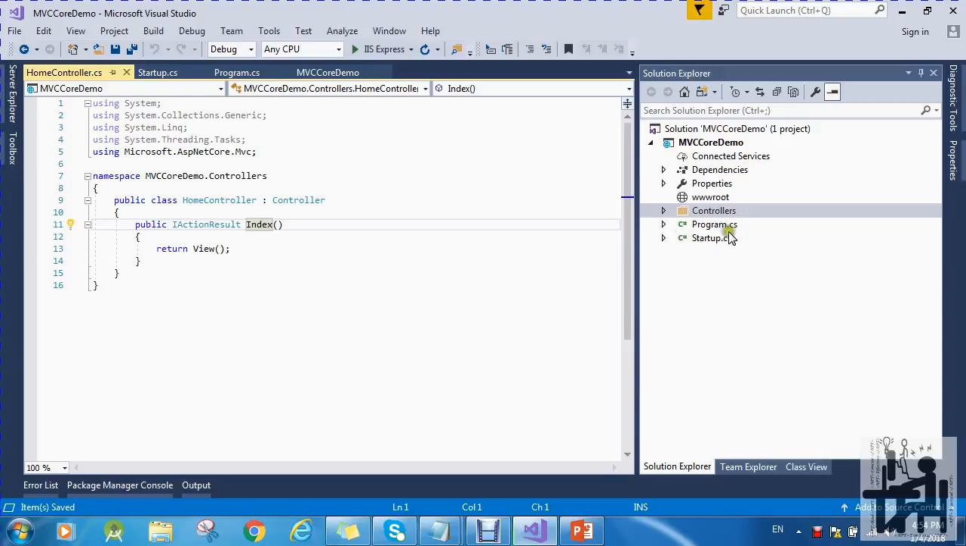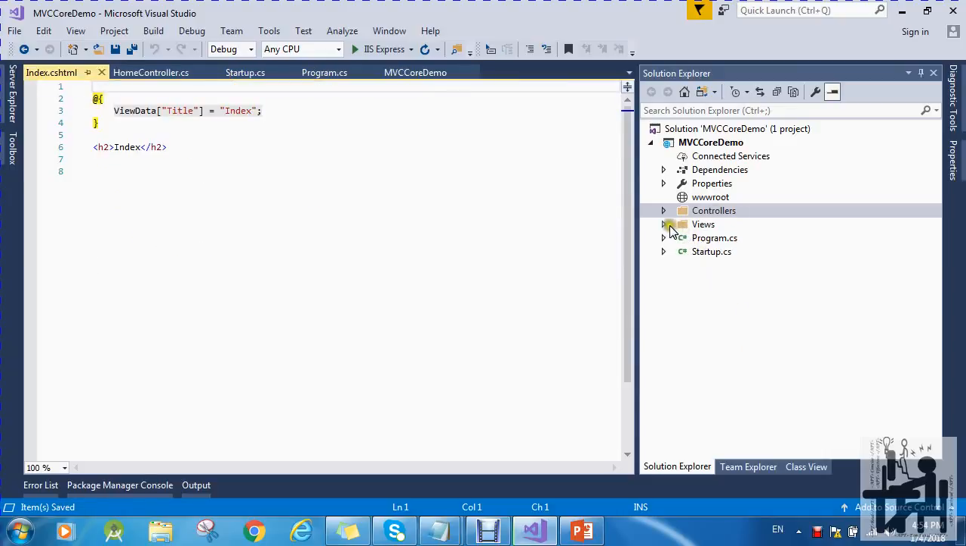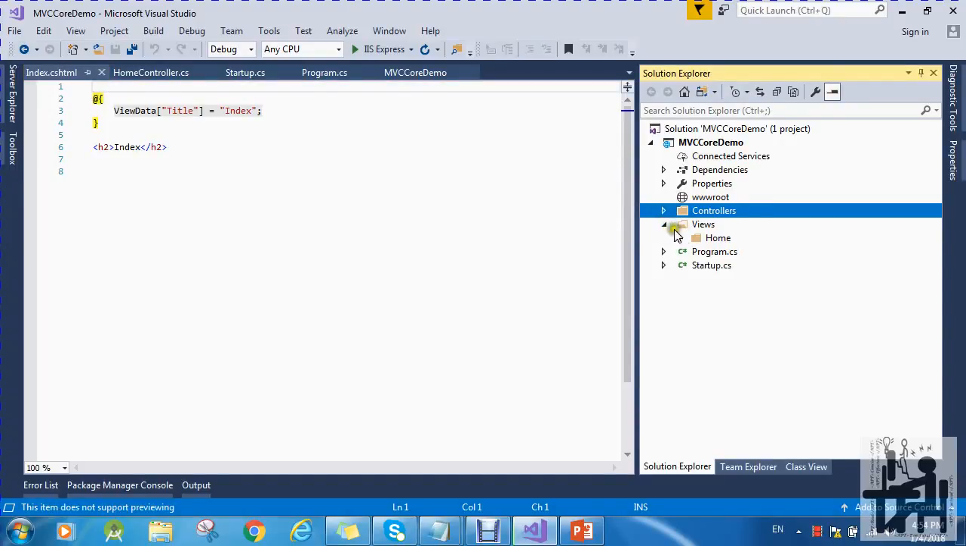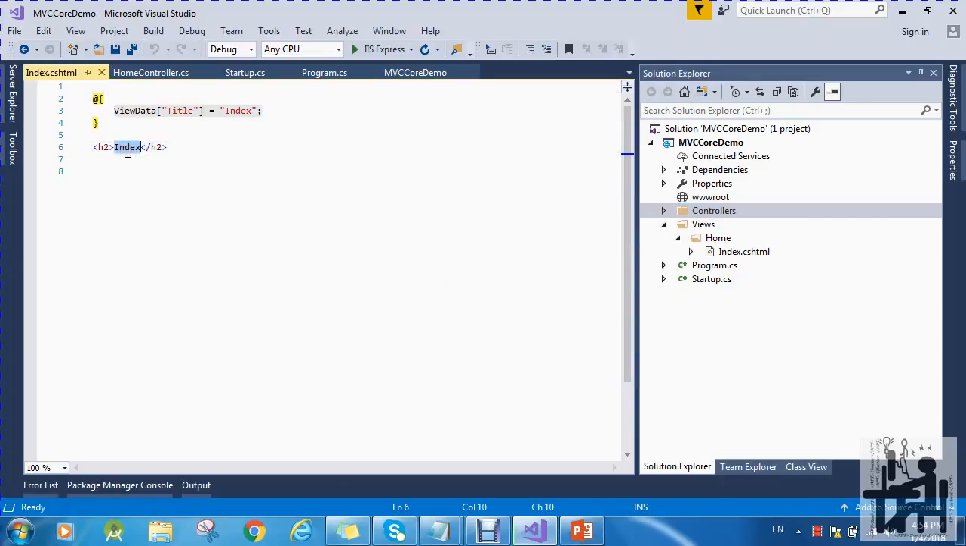Okay, so let's see, there is the views folder. Inside the views there is the home folder, and inside the home folder there is index.cshtml. Okay, so let me change here to a bit more meaningful message. This is my first ASP.NET MVC core application. Okay,